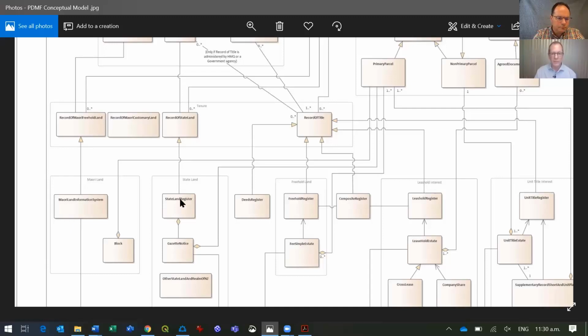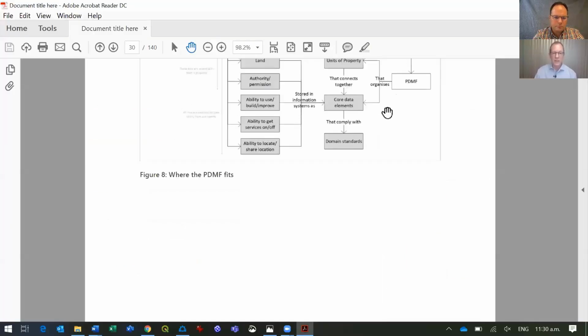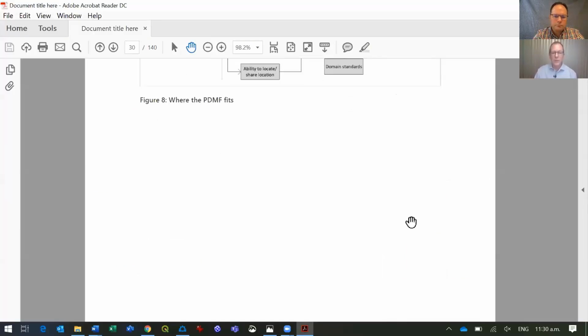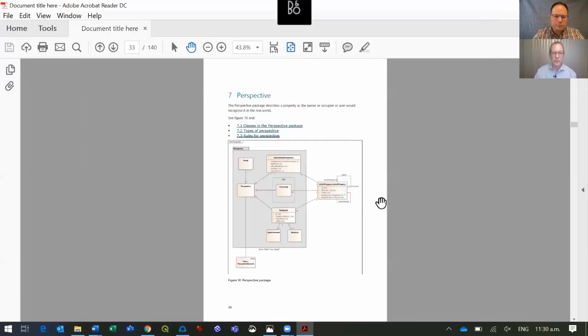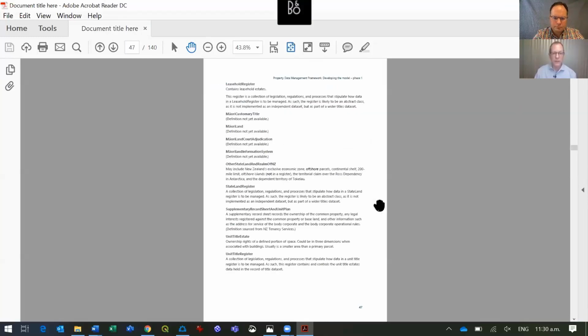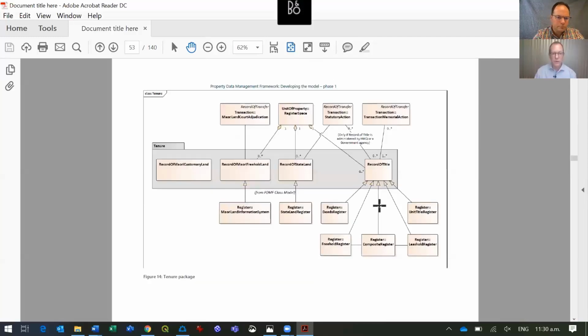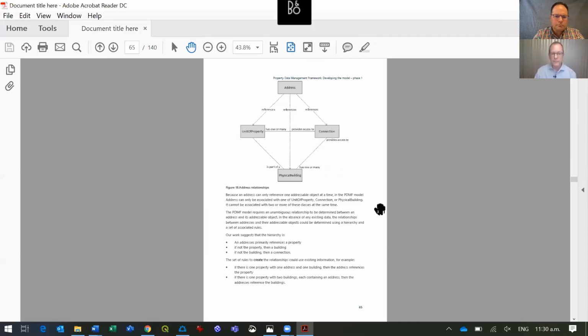It's in here as a placeholder, but I would not say that we have completed the modelling to fully understand how that works. And the other question I was asked, which I think is a great idea, is could there be a library of templates and examples for us to access? And the answer to that is I think that's a fantastic idea. We do have some examples in the document. Now they're further down the document, so not within the first few chapters.